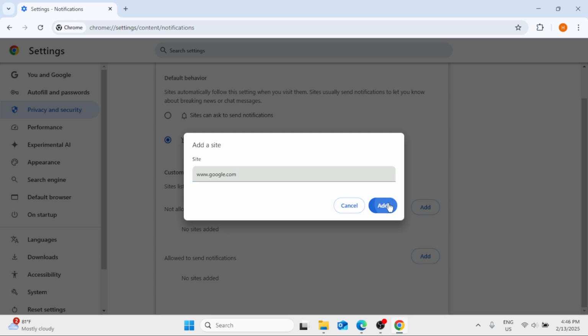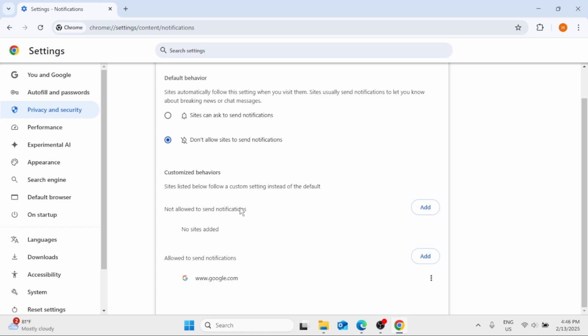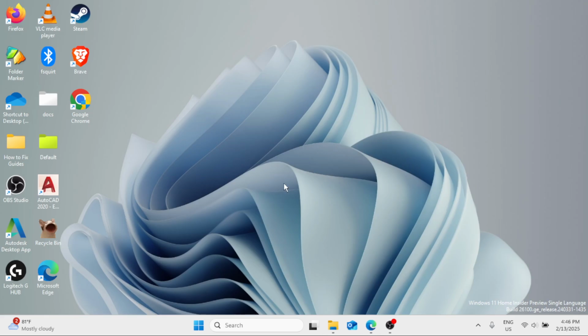Then click on add. So you are not going to receive any notifications aside from www.google.com. So that's it. That's how you can turn off or stop Google Chrome notifications from keeping on notifying you